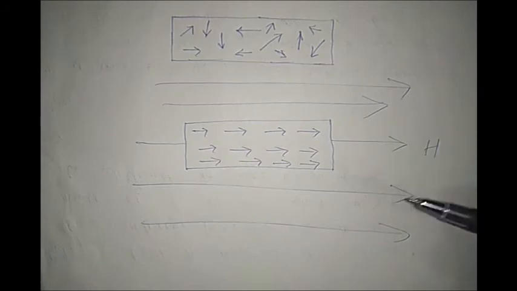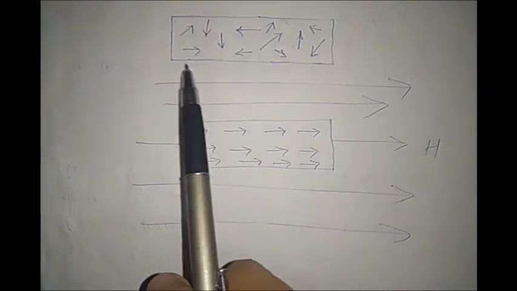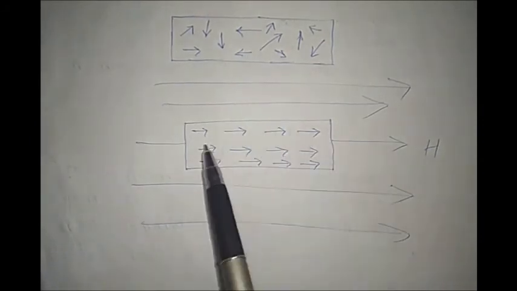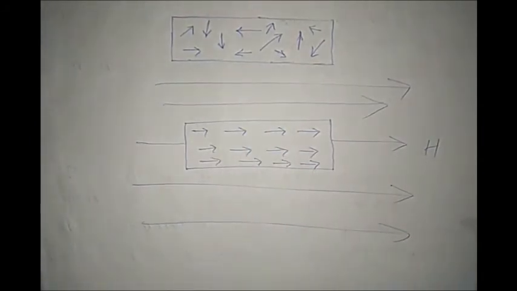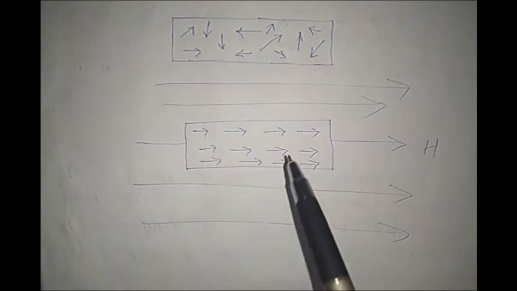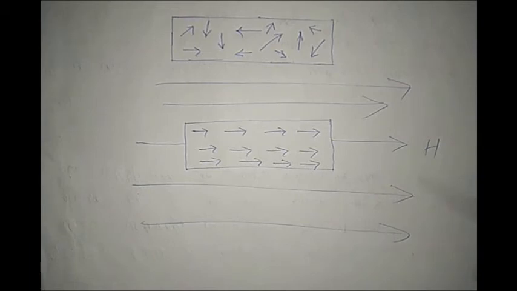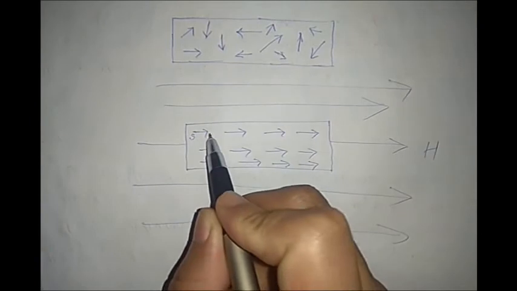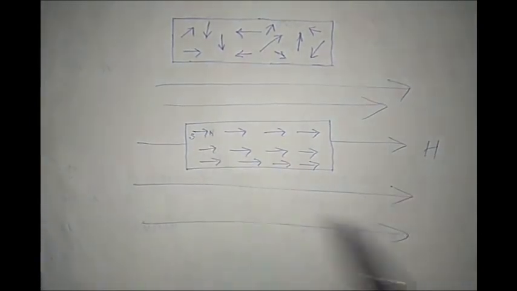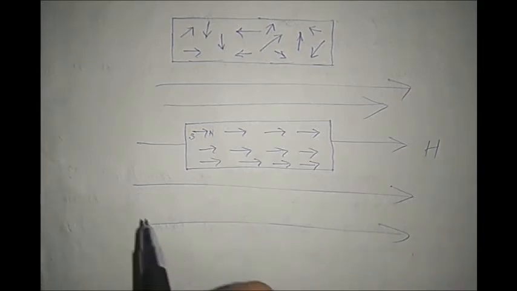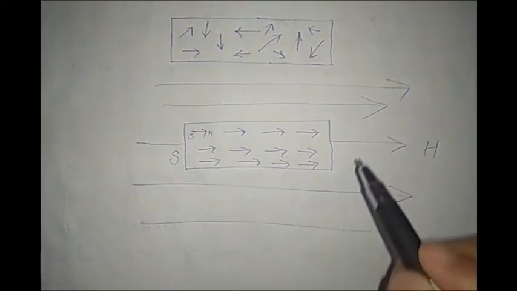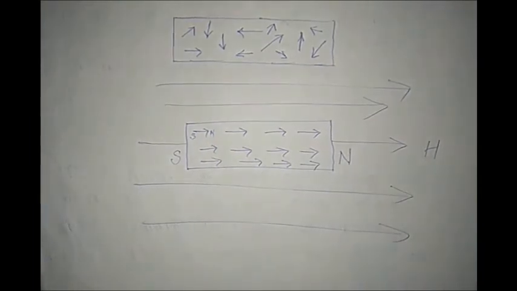But when this very substance is placed in an external magnetizing field H, what happens is all of these atomic dipoles get aligned in a particular direction. In this case, all of the dipoles get aligned in such a way that they are directed towards our right hand side. Because remember, magnetic dipole moment is directed from the south pole to the north pole. So this end is the south pole and this end represents the north pole for these atomic dipoles. Such that on the whole now, this substance gets magnetized and this end acts as the south pole and this end acts as the north pole.